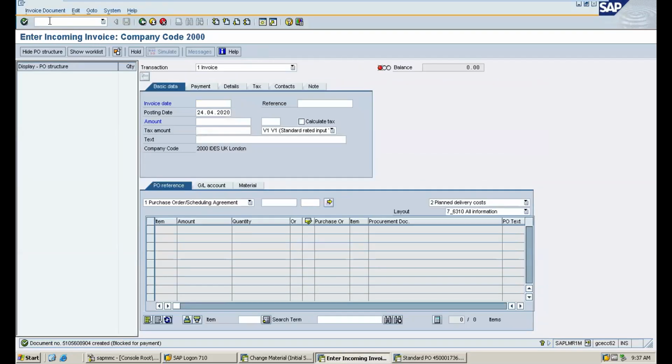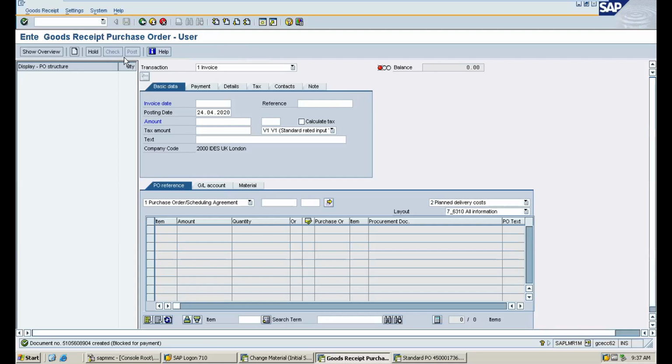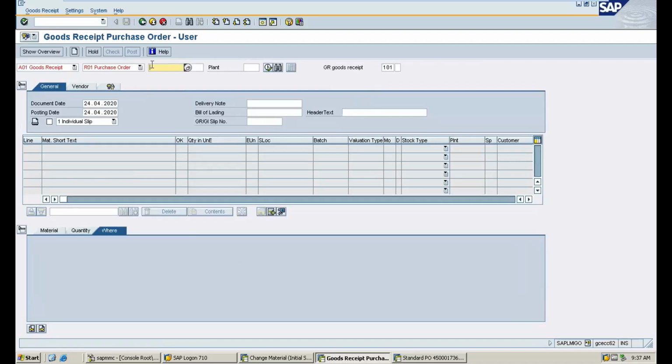Go to /n MIGO. A01 goods receipt, R01 purchase order. Mention 101 as the movement type. Check everything and perform the goods receipt for the goods you received.